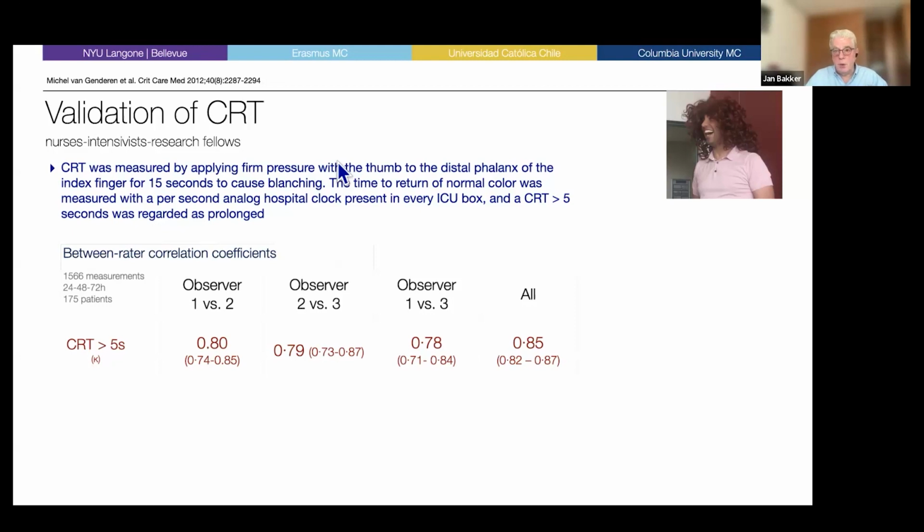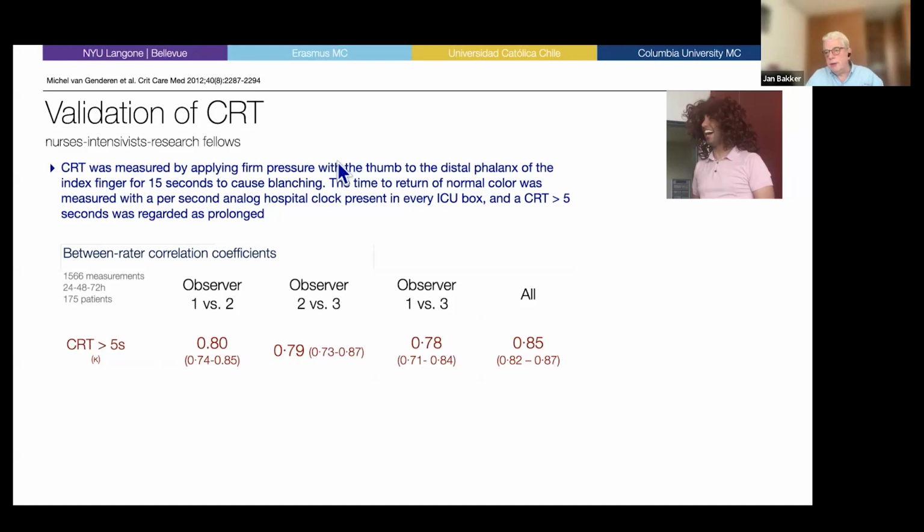That's why in Andromeda 1 and in the current Andromeda 2, we use a stopwatch and we use a glass to push, not on the nail bed, but on the other side of the finger to make it less susceptible to bias. Of course, in clinic, I never use a glass to measure capillary refill time. I press on a finger and then you do 1, 2, 3, 4 and count seconds. I agree, completely subjective, because if you have a warm and well-perfused patient,